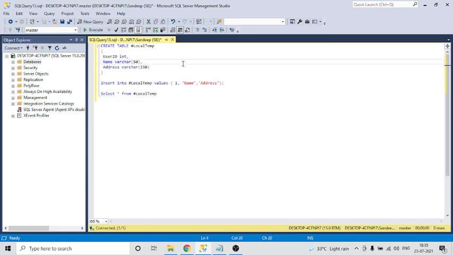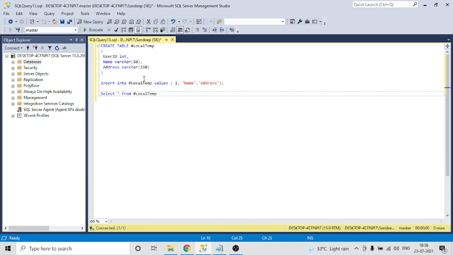Here I write CREATE TABLE, and I put a hash prefix in the table name, and inside it I created three columns: user ID, name and address. And here I will insert a record in this local temporary table with a simple insert query, and after that I will fetch the record from the local temporary table.